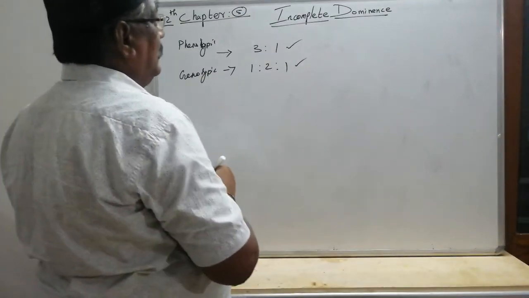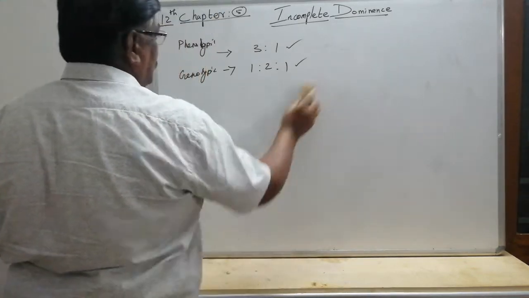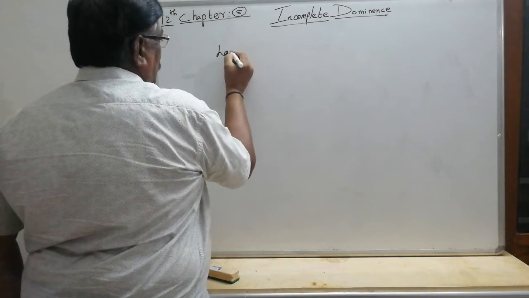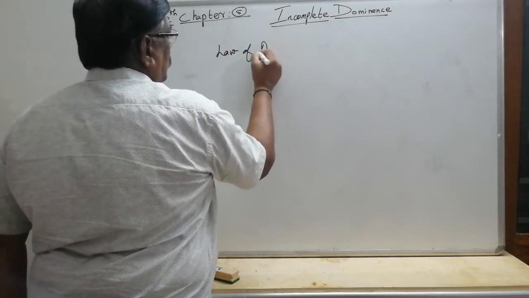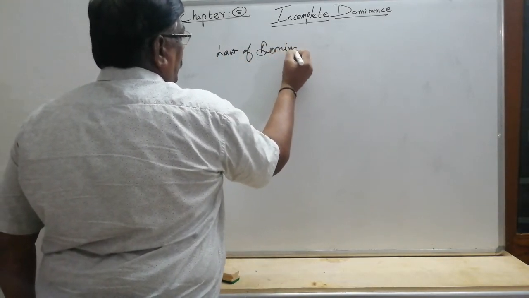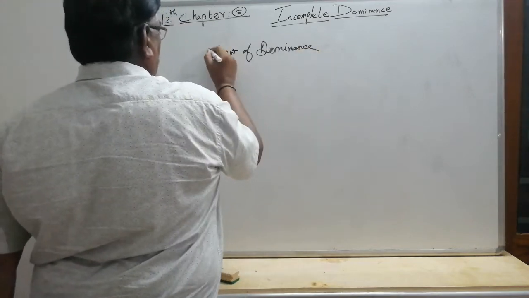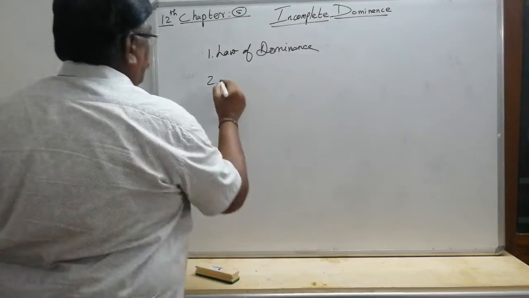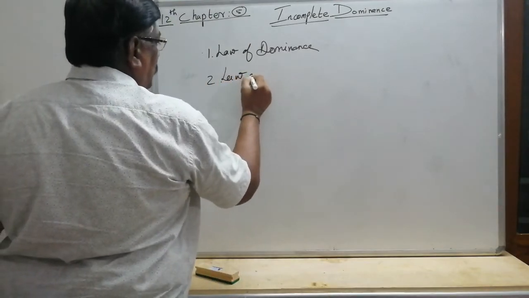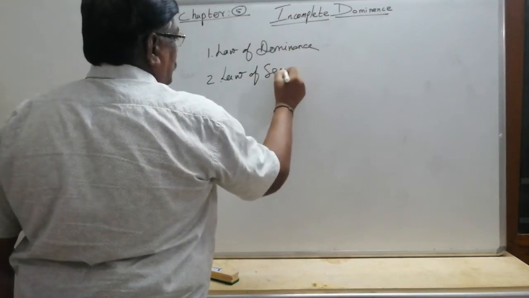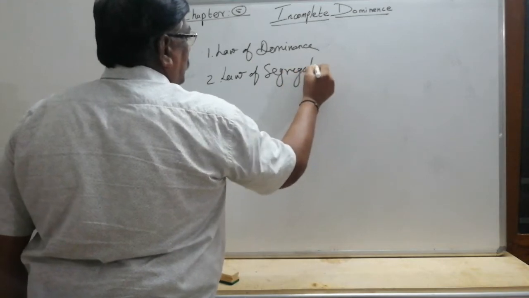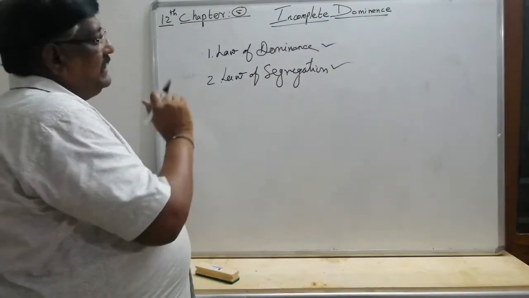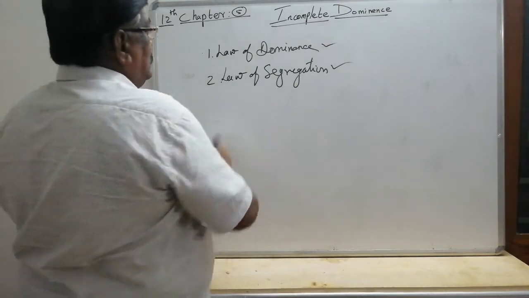This we are seeing. Based on this, he has formulated two laws that we have seen. Law of dominance is one. Second one, can you remember? Okay, I'll tell you. Law of segregation. So, law of dominance, law of segregation. We have seen this. Now, based on this